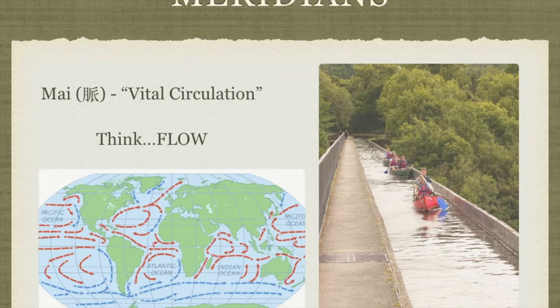There's, like I said, lots of different words. The Chinese word is mai. There's a subset of that called jing. But what I want you to remember is that when you're thinking about meridians, think about flow. So whether you call them collaterals, channels, meridians, mai, or jing, those are all words that end up getting used interchangeably, and they have subtle differences when we talk about the translation, but more often than not, you'll hear channels or meridians. And so when you hear those words, I really want you to think about flow.